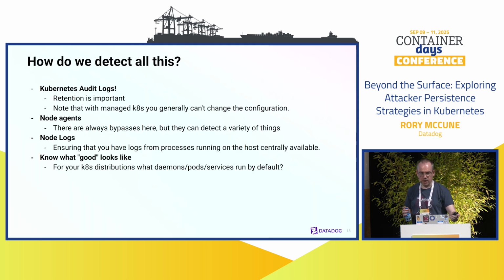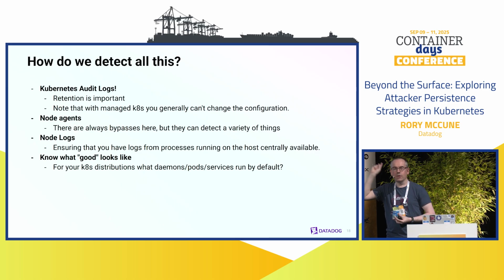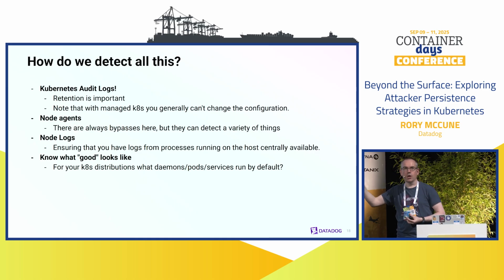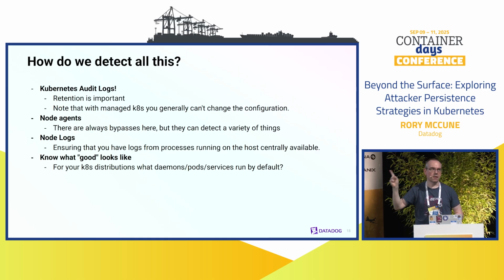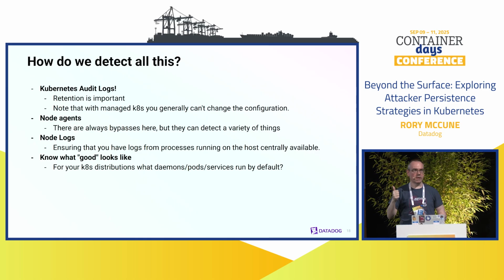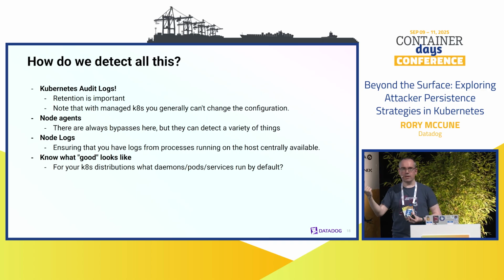So the question then becomes, what do we do about all this? This sounds bad. What could we have done here? What could have gone differently? How could this not have had the outcome it's just had? First thing, how do you detect all the things I just did? Kubernetes audit logs are incredibly important. If you don't have Kubernetes audit logs turned on, you will miss a lot of the very bad things that just happened there. Specifically, you will miss the CSR API and the token request API.